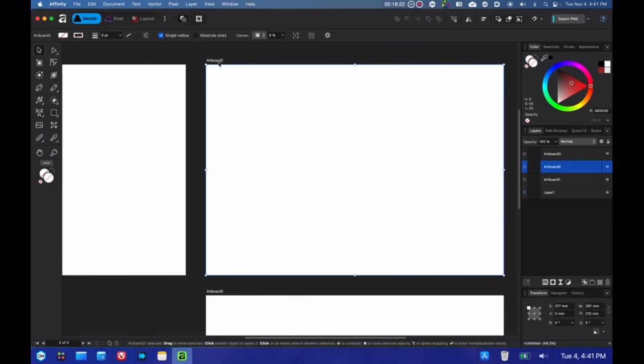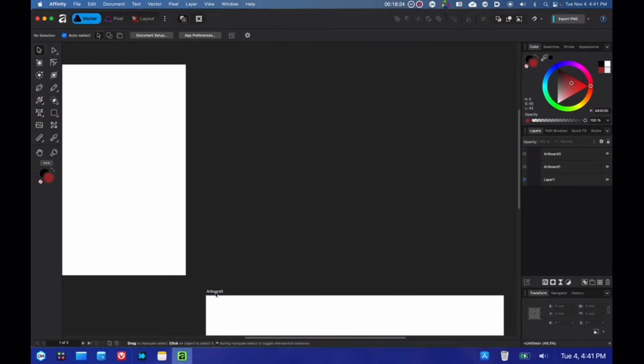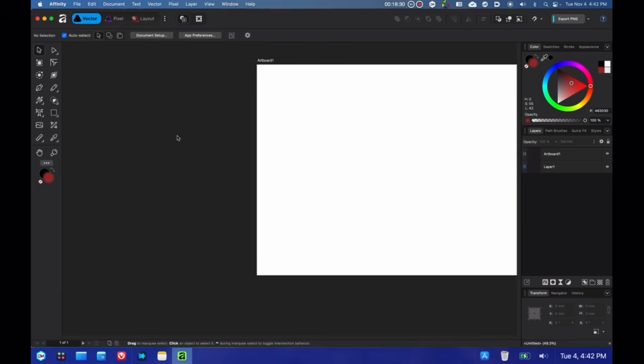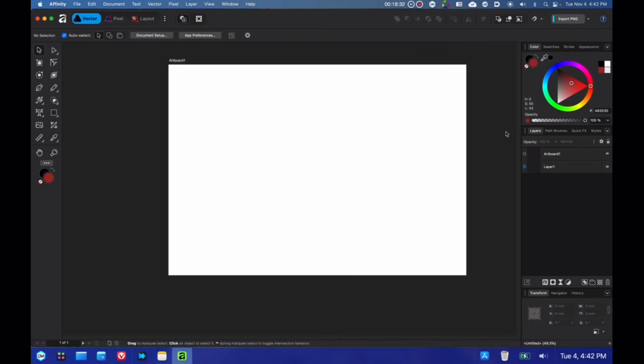So you can select Artboard and then delete it, and then select this one, delete it. And you'll also see that artboards are automatically created in your layers panel. So if you want content to be in the artboard, just move your layers inside the artboard and start drawing that way. Okay, another feature is the new image trace feature in Affinity.